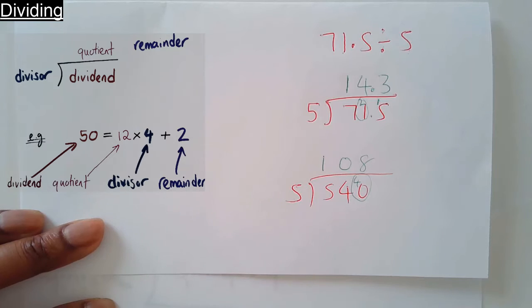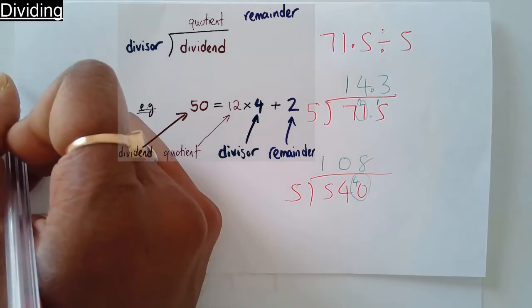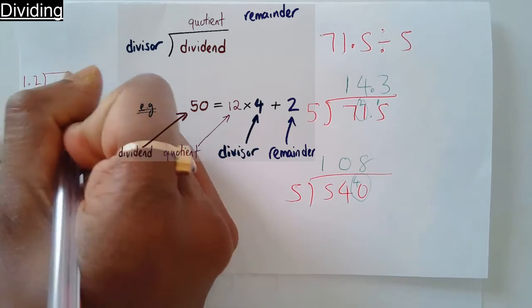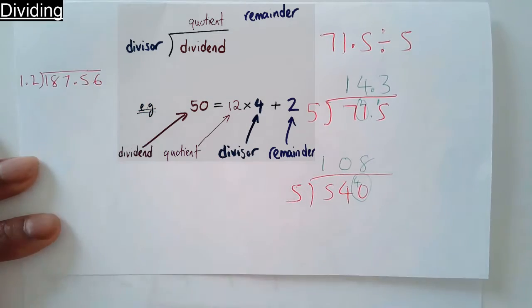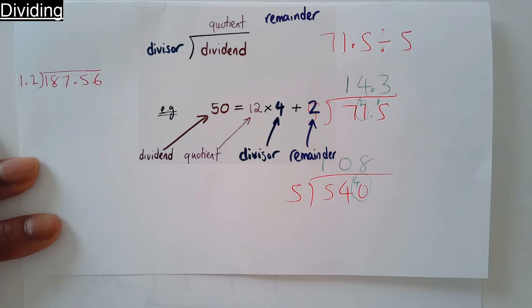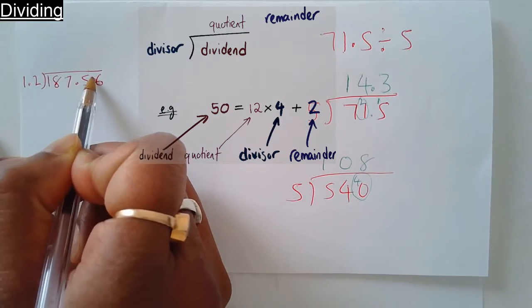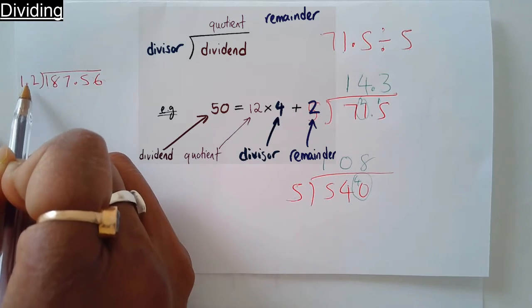Let's move this. We'll try 1.2 divided by this number here. Now, one thing I don't mind is having a decimal point. I don't mind if the dividend is a decimal, but having the divisor as a decimal is not